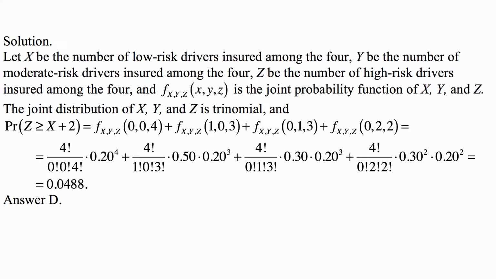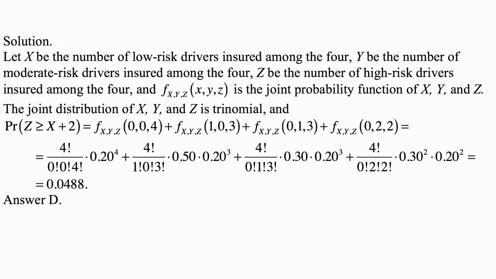And here's the solution. So let us write X for the number of low-risk drivers insured among the 4, Y for the number of moderate-risk drivers insured among the 4, and Z for the number of high-risk drivers insured among the 4. And let us write f sub XYZ of x, y, z for the joint probability function of X, Y, and Z. These are discrete random variables, so it's a probability function. The joint distribution of X, Y, and Z is trinomial,